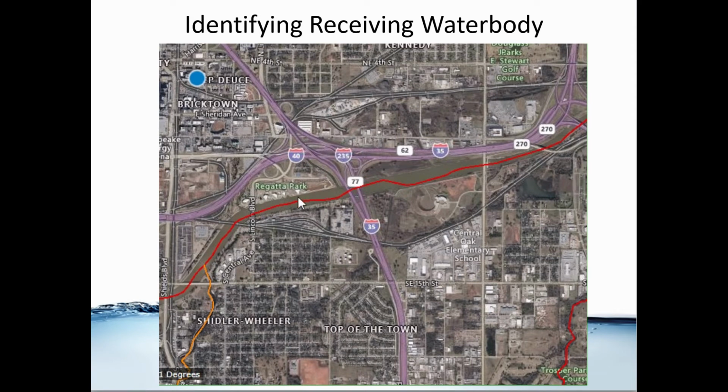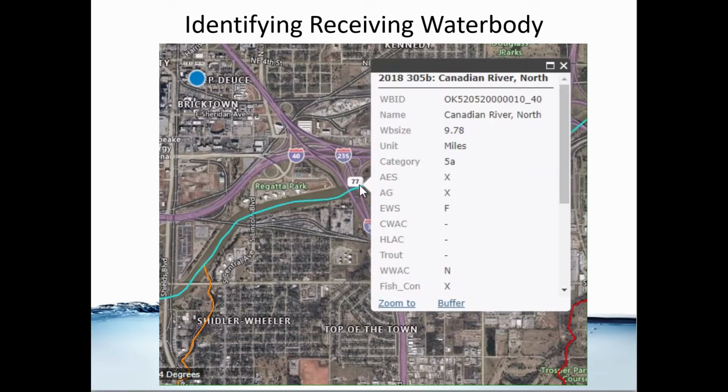On the map screen, click on the line that represents the water body. A screen will open with information about the water body. The first row shows the water body identification number, or WBID number. The second row shows the common name for the water body. Both of these identifications should be written under Receiving Water Body on your NOI as well as your SWP if